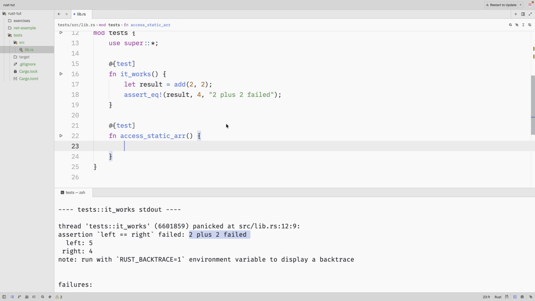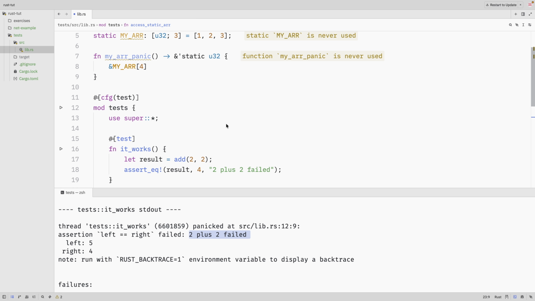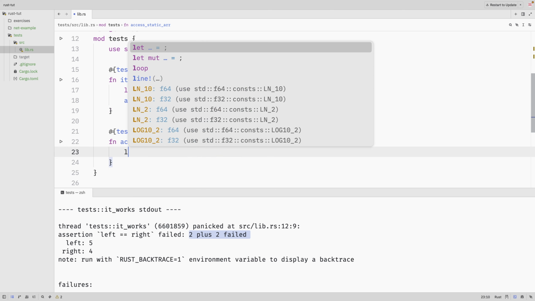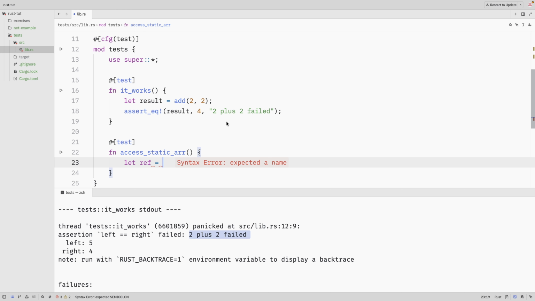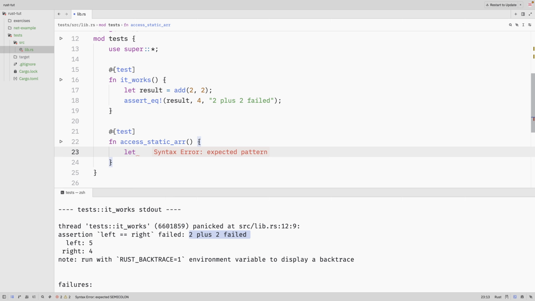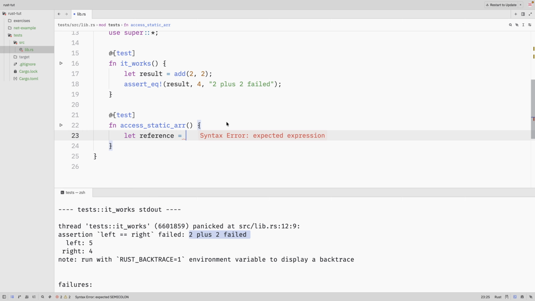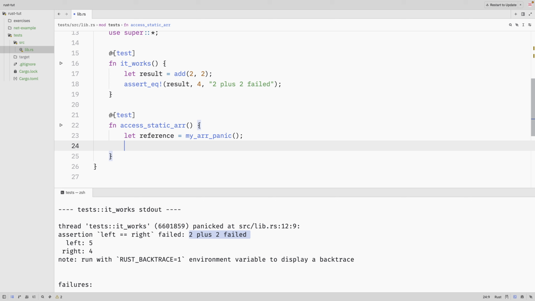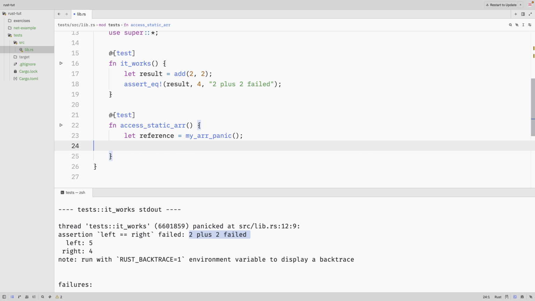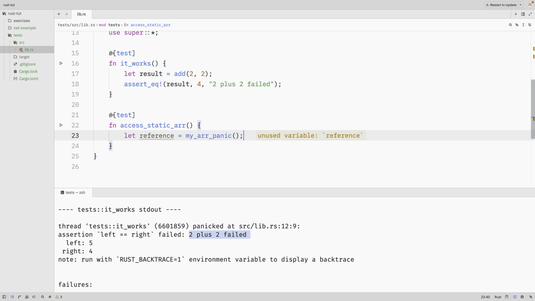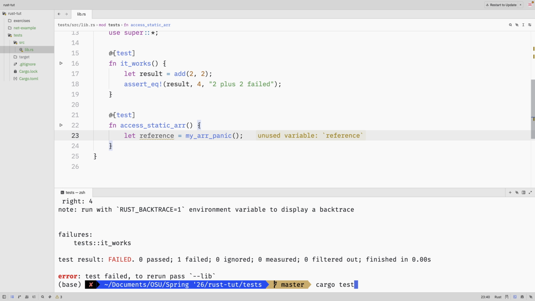So we'll say we call, should let our U32 ref equals, yeah, ref is a keyword, duh, equals my array panic, and then we should assert. We don't even need to assert anything, we just want to make sure that this runs. So if I go ahead and do a cargo test,